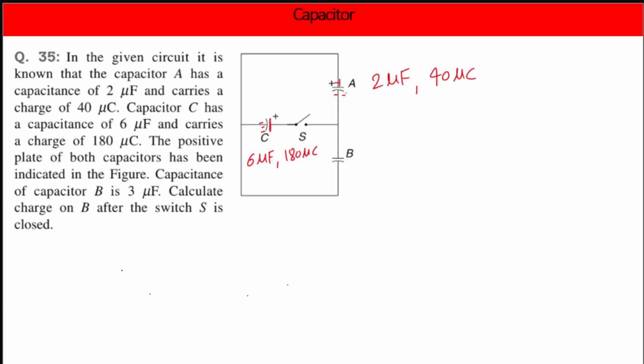So one mistake that students or anyone can make is to think that initially on B there is no charge, because in the question nothing is said about the charge on B initially. If it is not talked about, it doesn't mean it will have no charge. It may have, right? So for that we need to check if the potential difference between the two plates of capacitor B is zero or non-zero. If it is non-zero, there will be charge on B initially. If it is zero, then fine, there will be no charge.